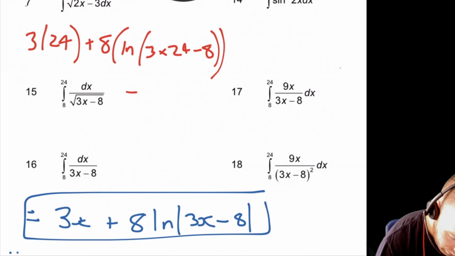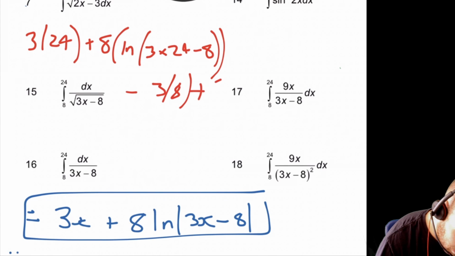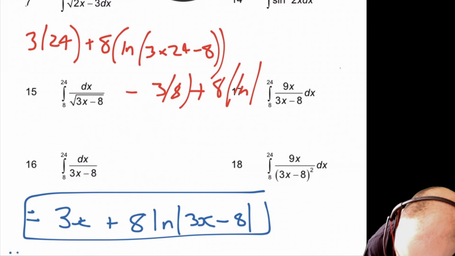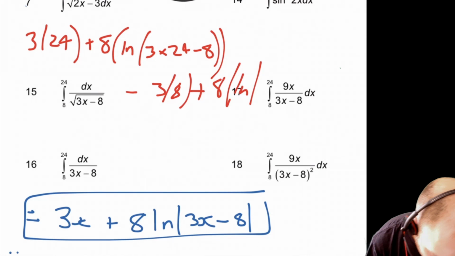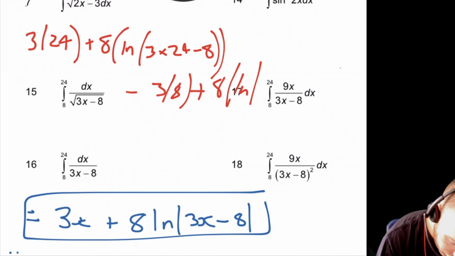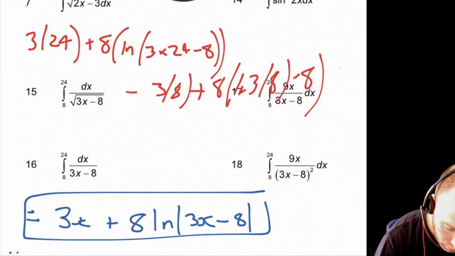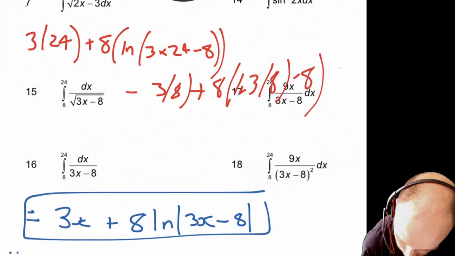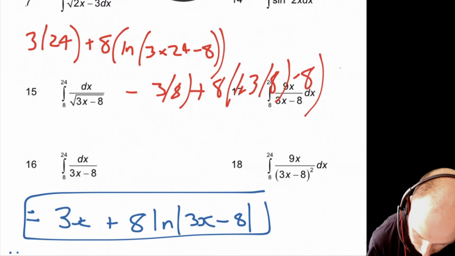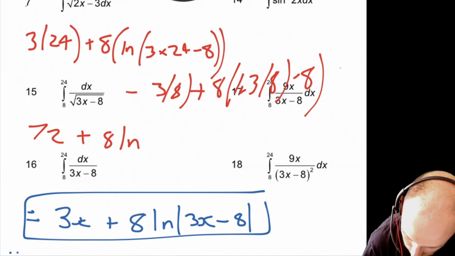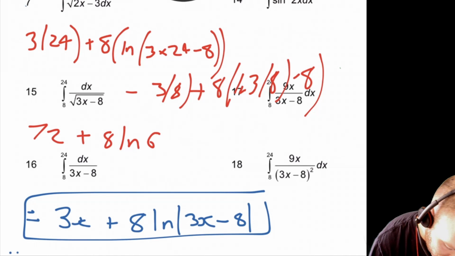Take away 3 lots of 8 plus 8 ln of 3 lots of 8 take 8. Cool, so 3 times 24, 72, plus 8 ln 64,